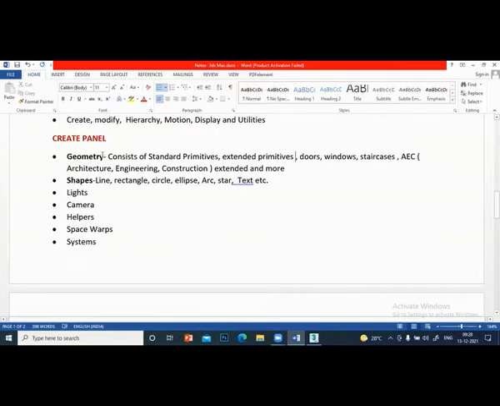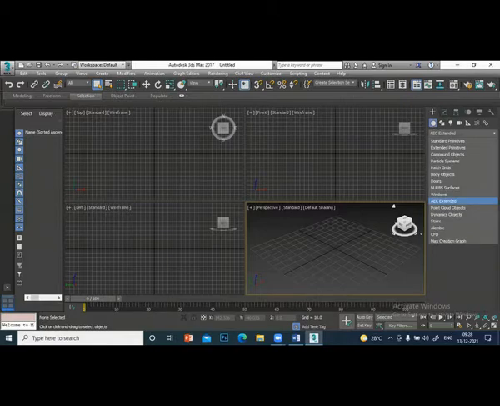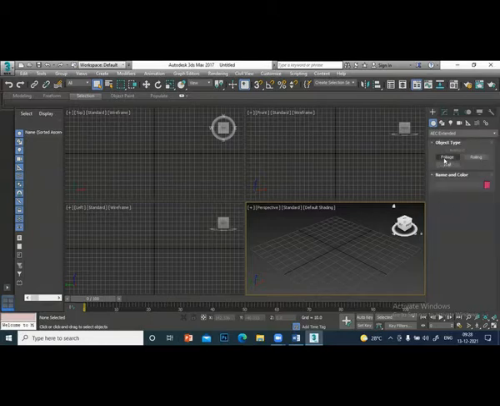So under the create panel, geometry is very, very important. It consists of standard primitives, extended primitives, doors, windows, many things. Under the geometry, there are standard primitives, extended primitives, doors, windows, AEC extended. AEC extended consists of foliage, that means trees, railing, wall.